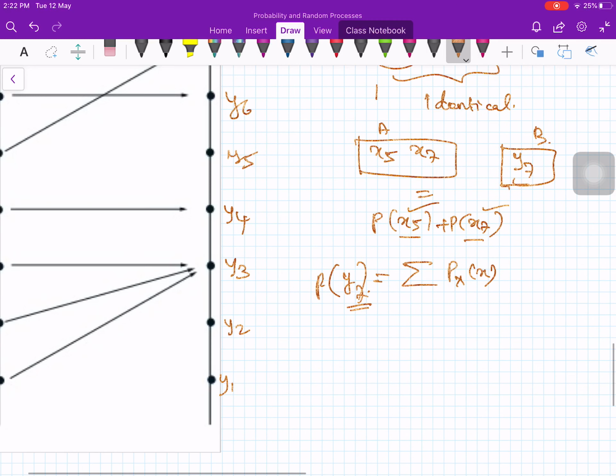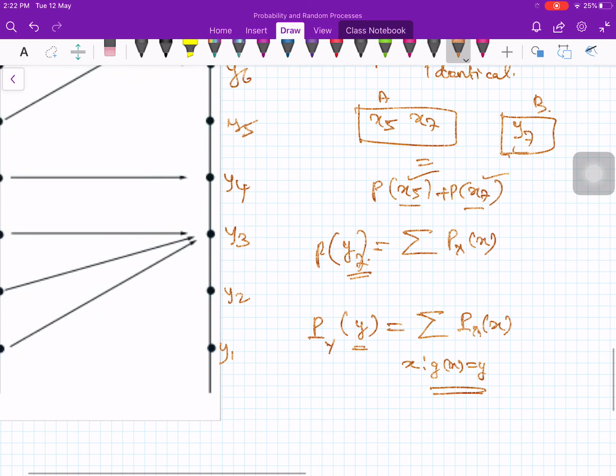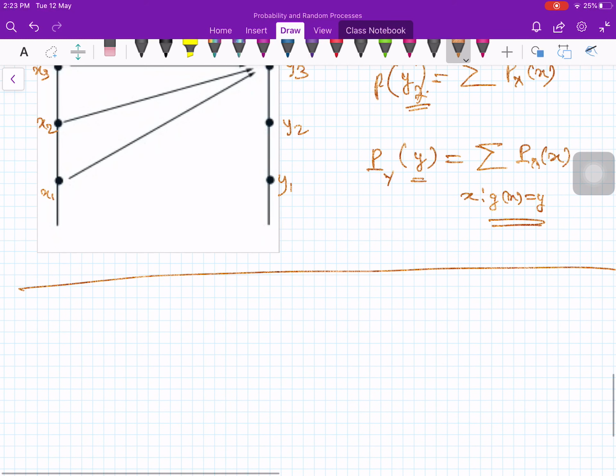Therefore the formula comes as: p_Y of that particular value y is given by summing over all x's that lead to that particular value y, the small y, so p_X of x over the set of all x such that g of x equals y. This is the formula that we will use to calculate the discrete derived probability mass function. So that's all there is in the discrete case. It is very nice and simple. So let's transfer these methods to the continuous case. Discrete case, no problem, but let us move on to the continuous case. How do we go about it?